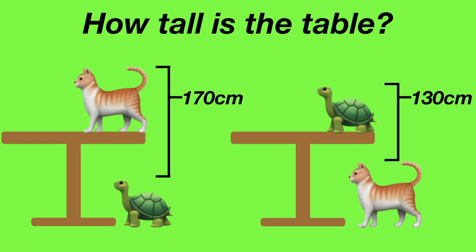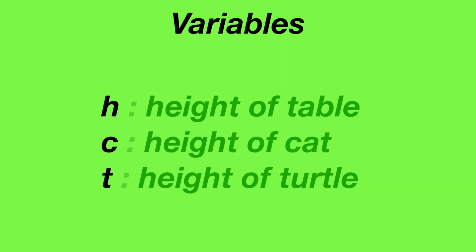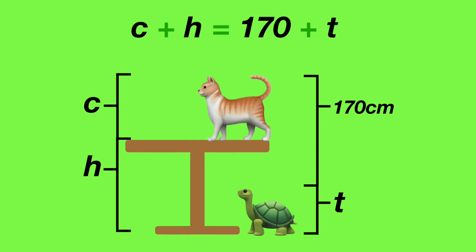This math problem requires some algebra to solve. First, we need to make some variables. Let h be the height of the table, and let c and t be the heights of the cat and turtle respectively. From the diagram on the left, we see that the height of the cat plus the table is